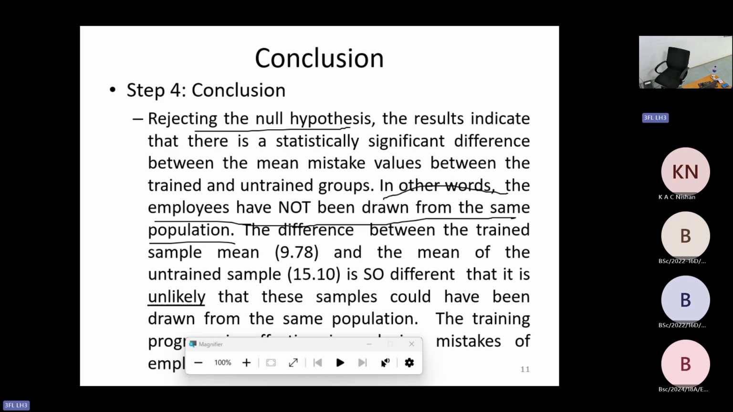Then step number 2. What's step number 2? Decision criteria. What's the decision criteria? If the sig value, the p value, the probability